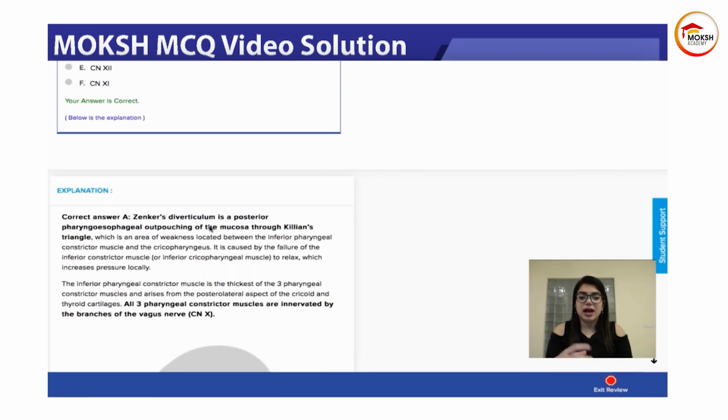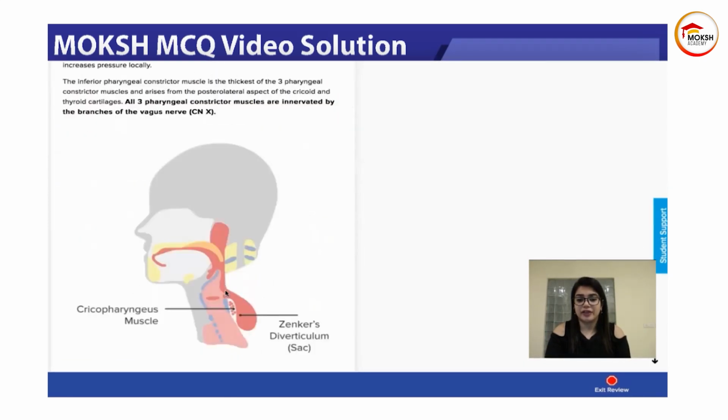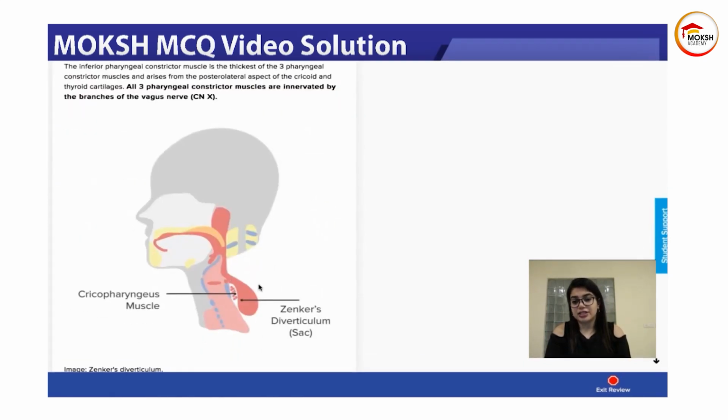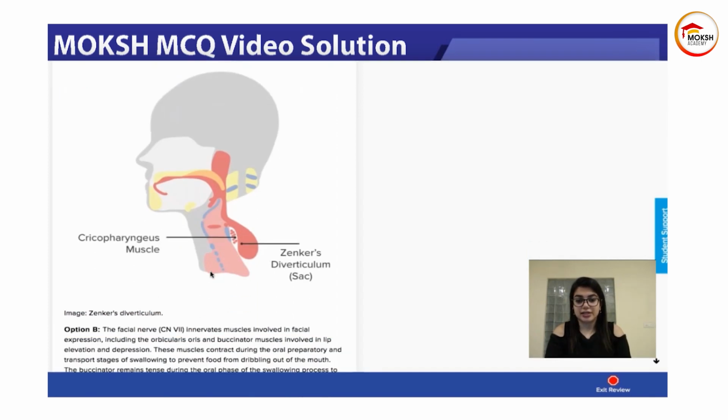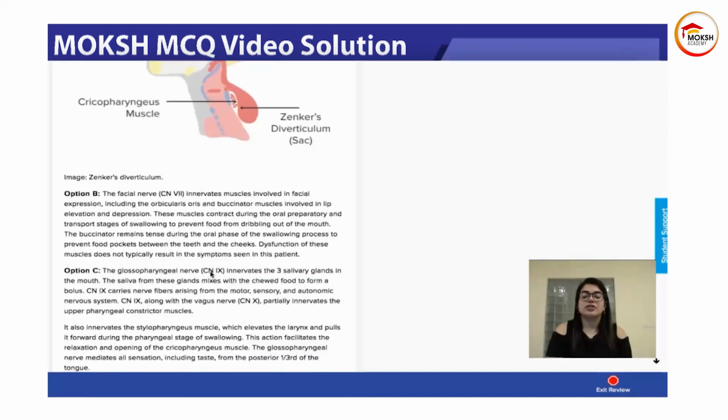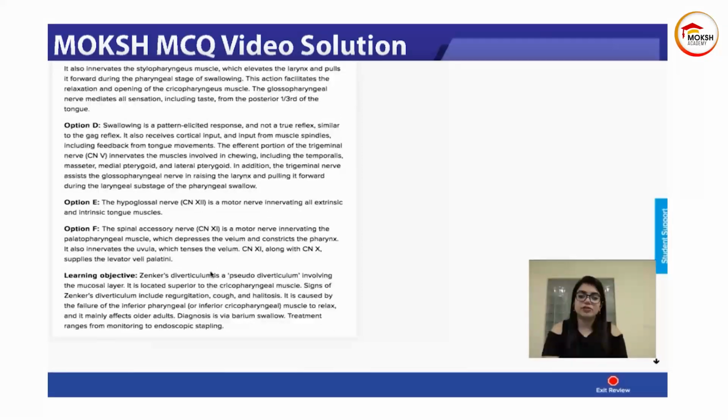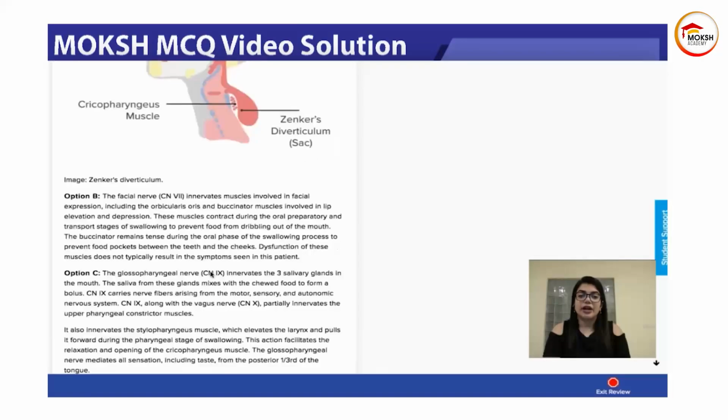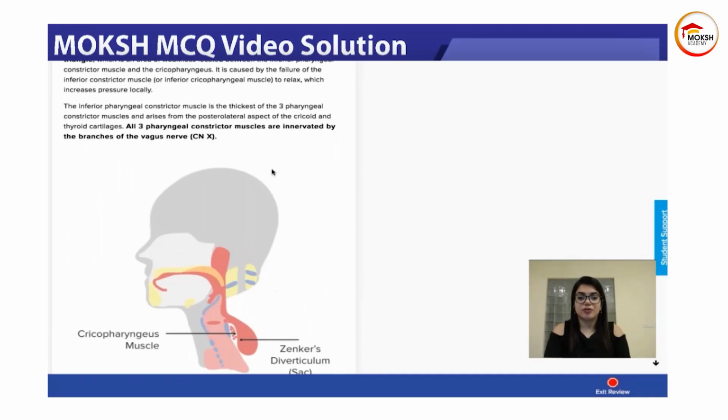And basically you have a weakness between your inferior pharyngeal constrictor and the cricopharyngeus. So there's outpouching, and all of the three pharyngeal constrictor muscles are innervated by your vagus nerve, right? So this is your cricopharyngeus, and then you have this outpouching, that is your Zenker's diverticulum. Just know this, that the vagus nerve innervates all of the muscles of the constrictor. So superior, middle, and inferior constrictor, all of the constrictor muscles are innervated by branches of the vagus nerve, and